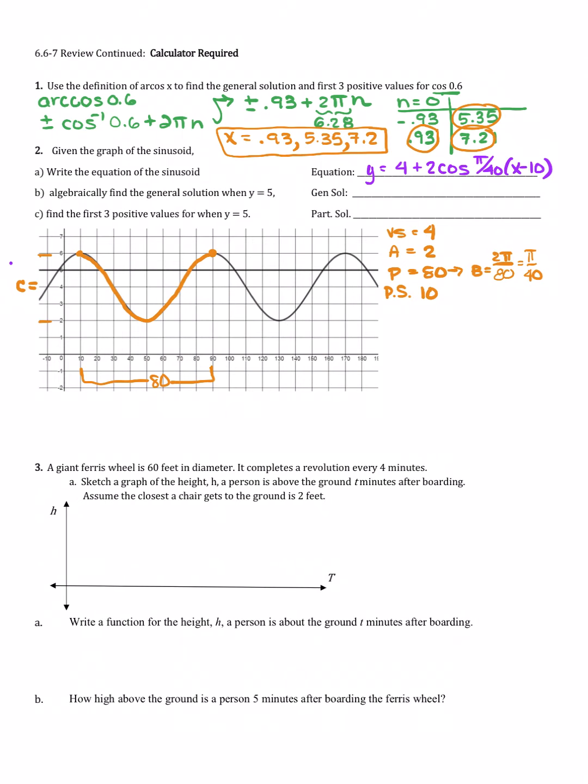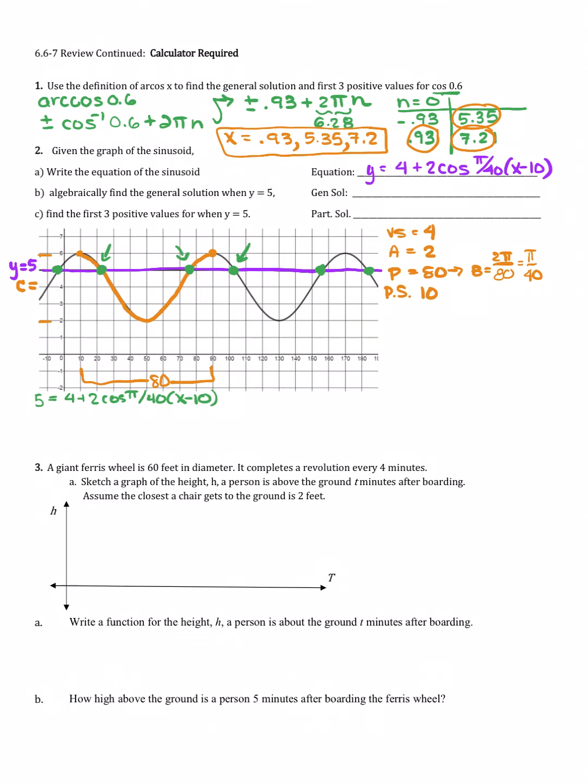And now here's the equation y equals 5, and it wants me to come up with a general solution for where these points of intersection occur, and then I'm going to come up with the first 3 positive, which is going to be this one, and this one. All right, so we start off with 5 equals 4 plus 2 cosine of pi over 40 times (x